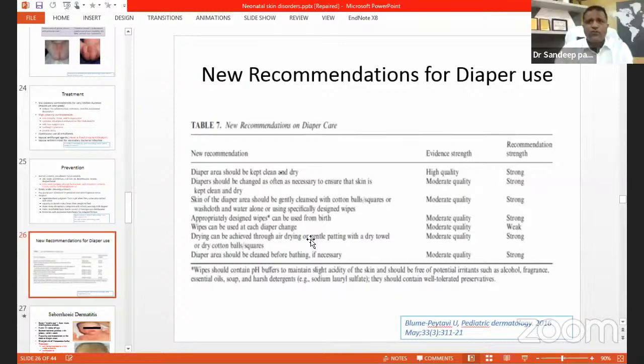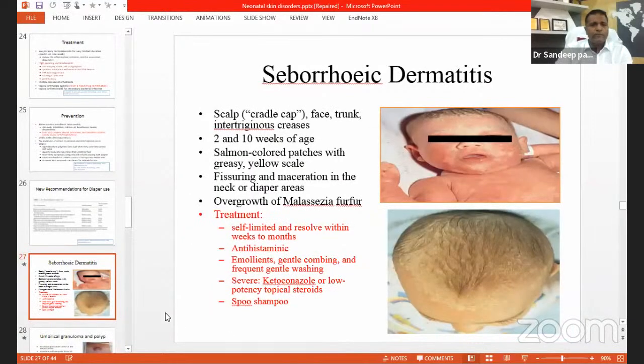Yeah, so we are not going to discuss these newer recommendations, but you can go through. So another skin more important lesion is seborrheic dermatitis. So commonly we see in parents who come, who tell that, sir, when we apply oil to the baby's skin